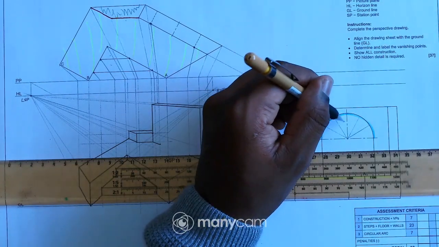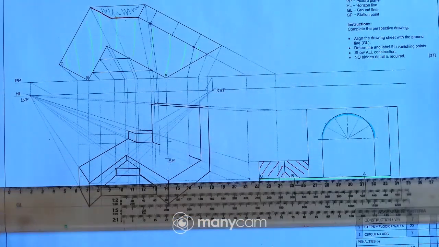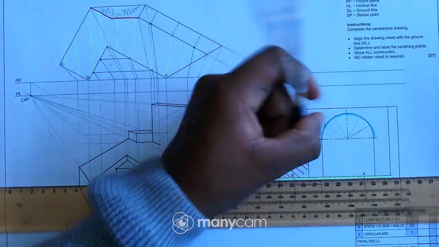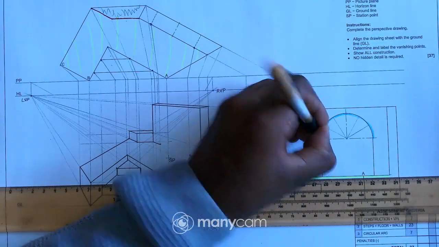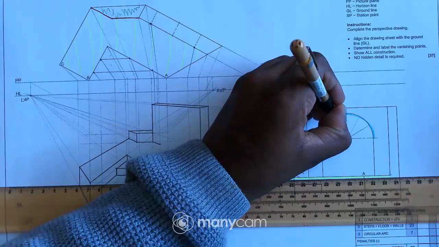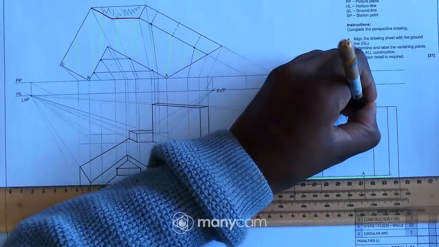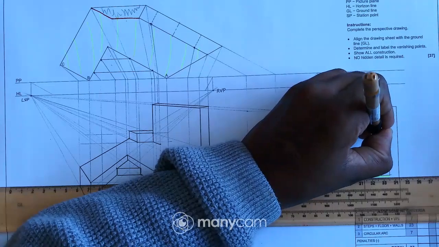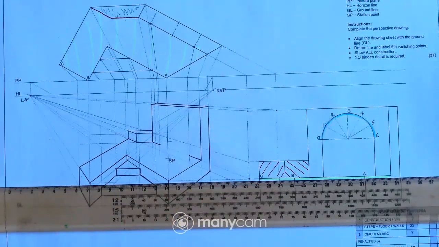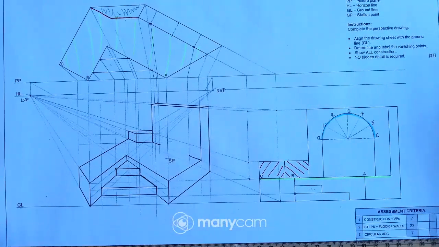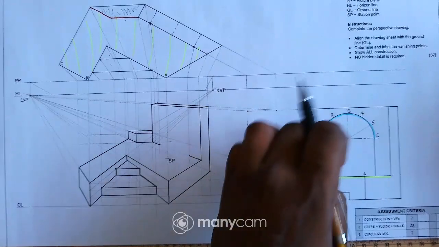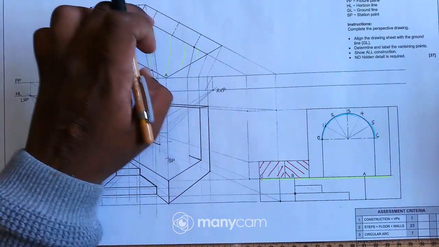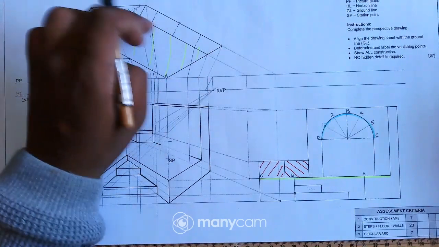And now if you look, I have 6 equal parts, right? So now I'll have to label all those points. So I can say this is 0, 1, 2, 3, 4, 5, 6, right?